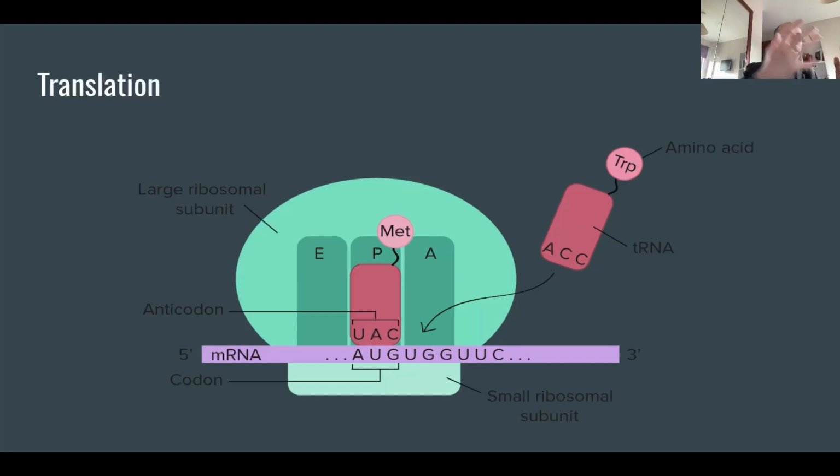To do this, we need a special piece of biological machinery, the ribosome, which is a protein and ribosomal rRNA complex machine that will run along the strand of mRNA, taking transfer RNAs, these special RNAs over here that have specific amino acids attached to them. This one here has a tryptophan attached, and it will enter the ribosome with each of the complementary codons on the mRNA and the tRNA matching up, and the ribosome will begin to attach the amino acids of each tRNA